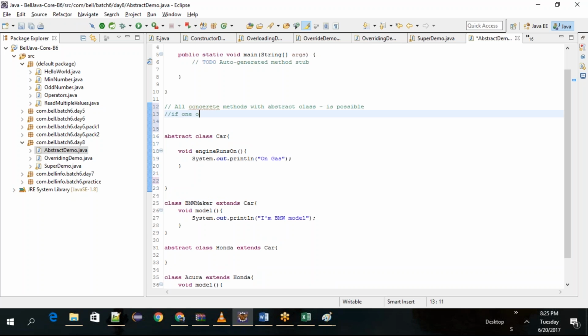If one or more abstract methods are defined, then you must make the class an abstract class. You are conveying to the world, I'm still a class, but I have some abstract methods. Whoever wants to use me must provide some definitions. Okay,